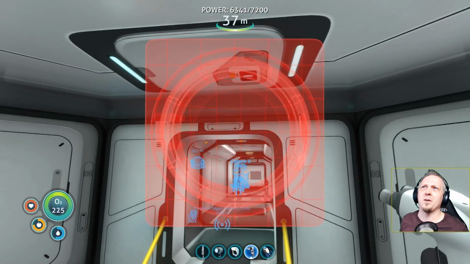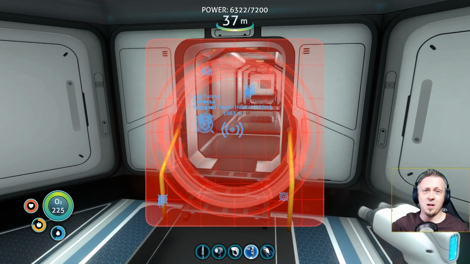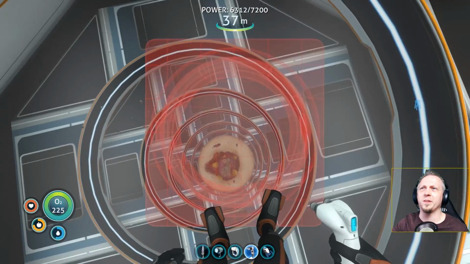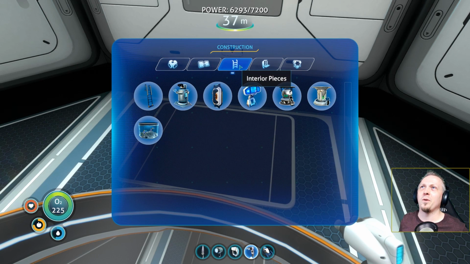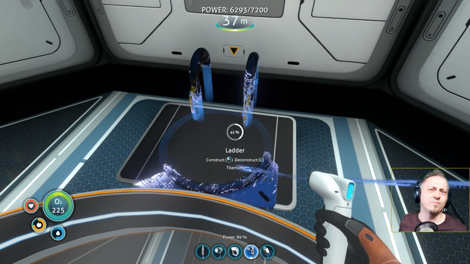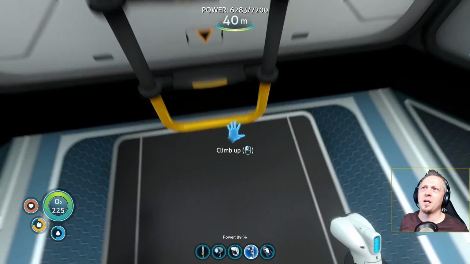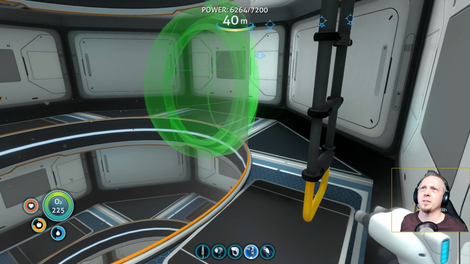I can place it on top of the vertical connector or the horizontal connectors, the I connectors, top, bottom, whatever. But here I can't place it. If I can place it on one of the sides, why can I not place it here? Doesn't make sense to me. So we're going to have to have a ladder here. So when we need access, we'll just come here, climb down, and I wonder if I can actually make this,